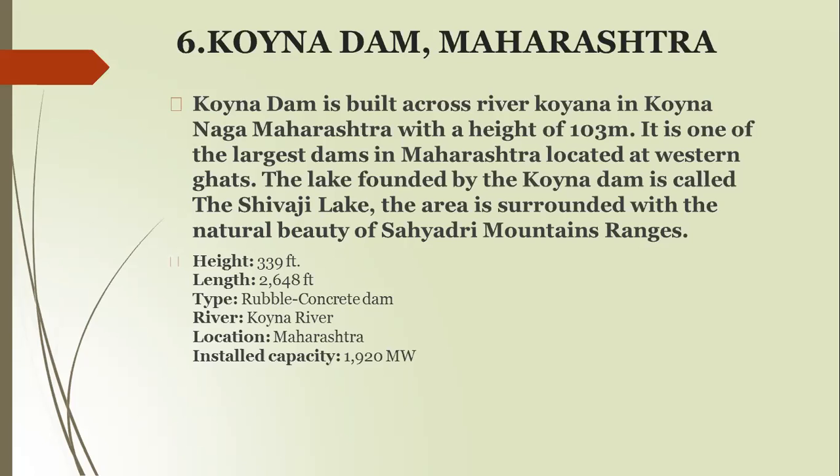So in Maharashtra, the largest capacity of a thermal power plant is near about 2500. So this comes nearby to that. So it is a major hydropower project from India, or you can call it one of the largest hydropower plants from India, having a capacity of 1920 megawatts. So this dam is one of the major dams in Maharashtra, and it also has various projects inside that dam, such as the hydropower project.